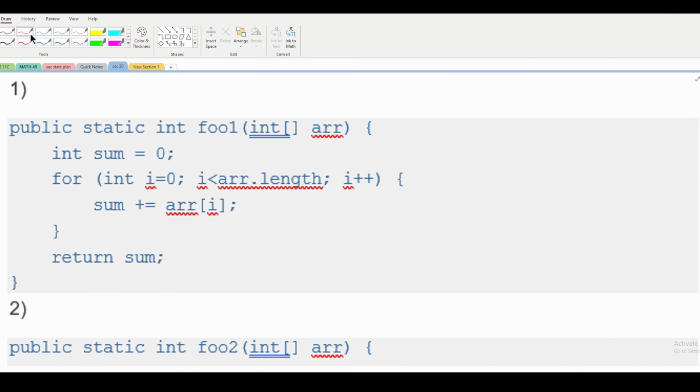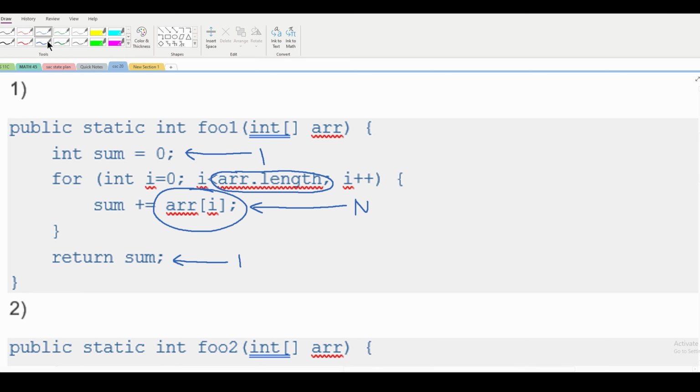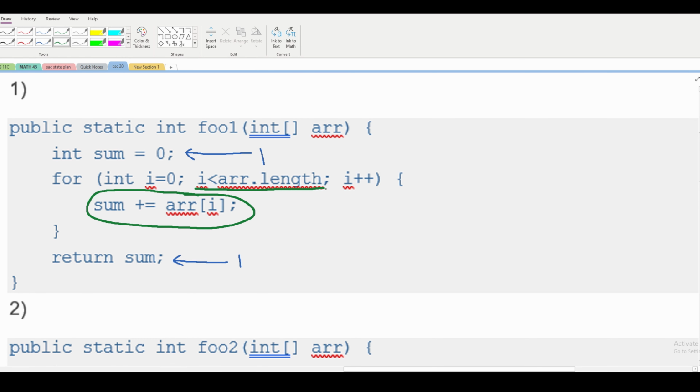If we look at number 1, we see that we have a statement here that gets executed once, a statement here that gets executed once, and a statement in here that gets executed n many times. We also have these statements that are going to get executed. They contribute with this right here. So whenever it gets executed, this is going to get executed as well, and so is this. So all of this in here is going to be executed n many times, which means our answer is going